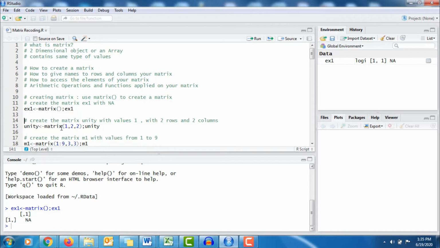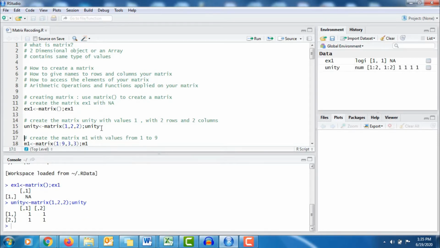So here I want to create a matrix with value as 1 with 2 rows and 2 columns. So in that case, first argument is my source value, which is 1 here, followed by 2, 2. So you can see in my console, I have a matrix created.